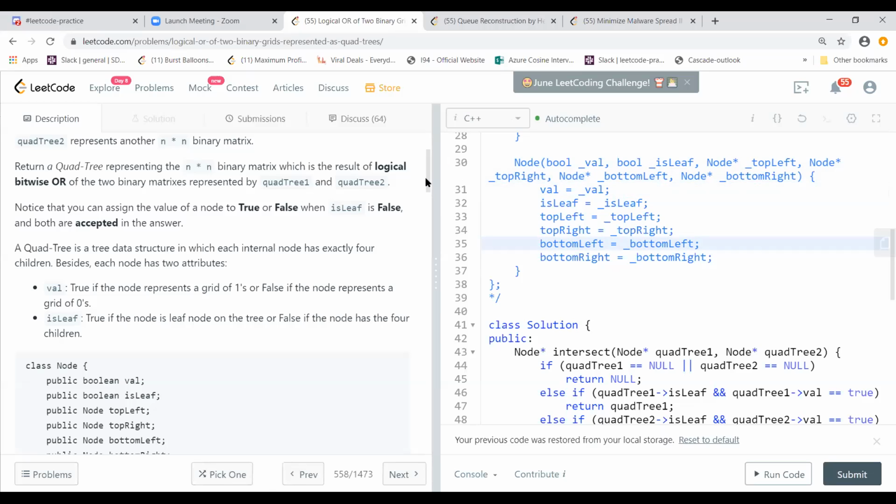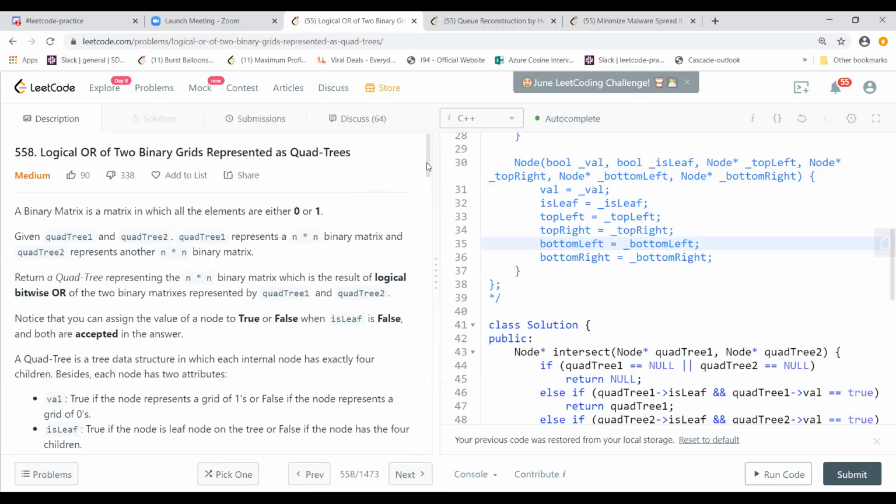It's slightly confusing to understand also. What it expects is that we are given two quad trees, quad tree one and quad tree two. Quad tree one represents an n by n binary matrix, and quad tree two represents an n by n binary matrix.